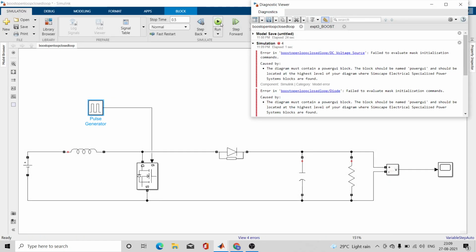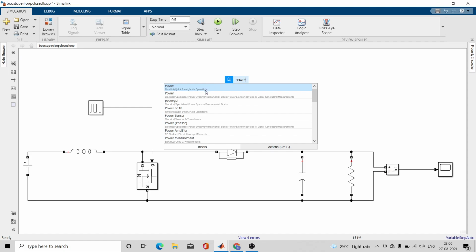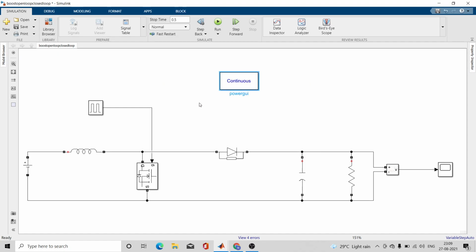Let me run it. One more thing that is remaining is the power GUI block. This is a very important block you require while running almost all the simulations consisting of power electronics and other components, because it is nothing but the solver or the environment that you require in order to run these components.